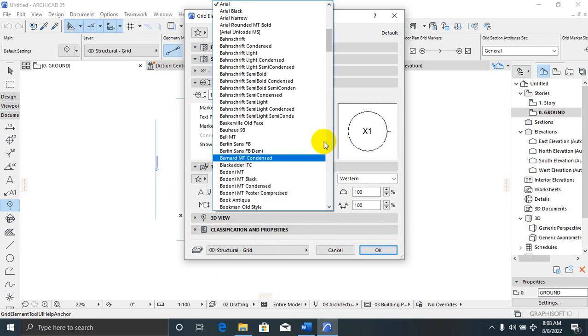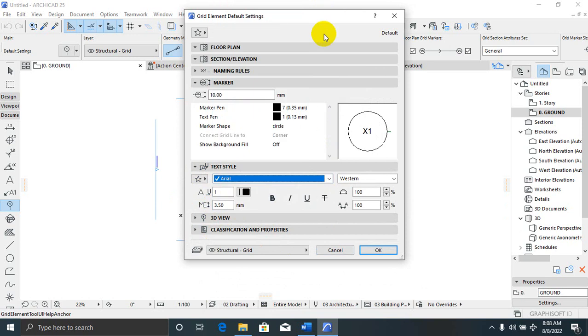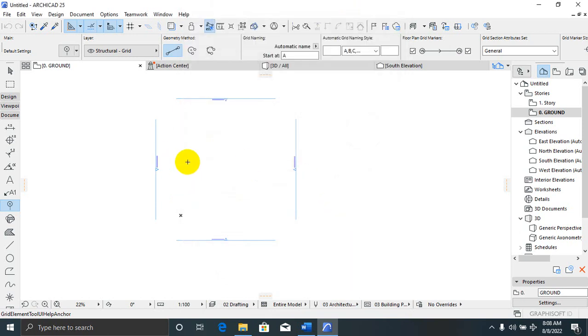You can change the type of text. Okay, so I'm just going to leave it at defaults for now, and then let's say I drag my grid. So if I click here and then I hold on my Shift, if you hold on the Shift key, it's going to give you a straight line grid. So once I drop,